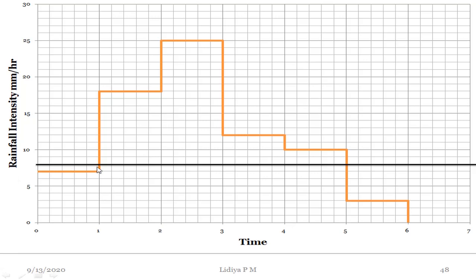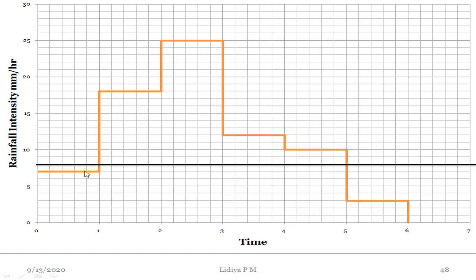So this represents the phi index value. I am going to find out the total runoff depth. Since the time is in 1 hour steps, we will directly get the value of runoff in mm.